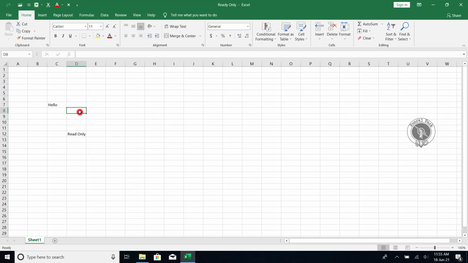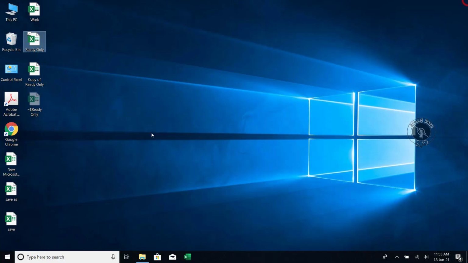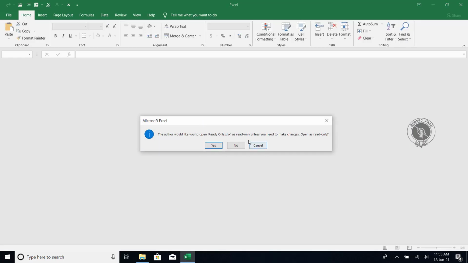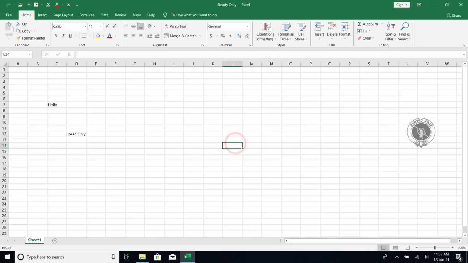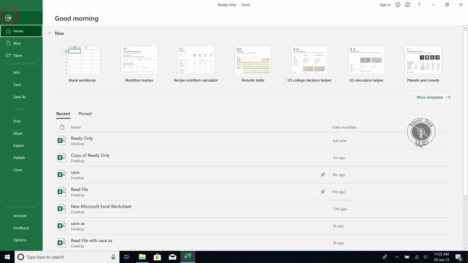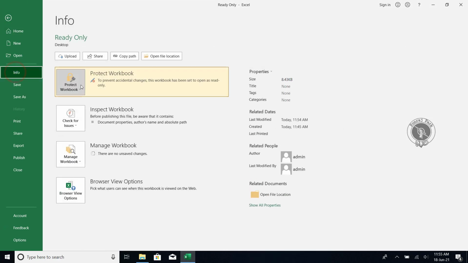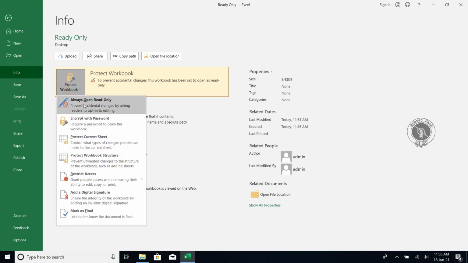If you want to remove that function, this file will be read only, and if you want to remove that access, just click here again, open it, and make open as read only, no. Go to the File tab, go to Info and open Protect Workbook, and just click there again, like how we activated this.